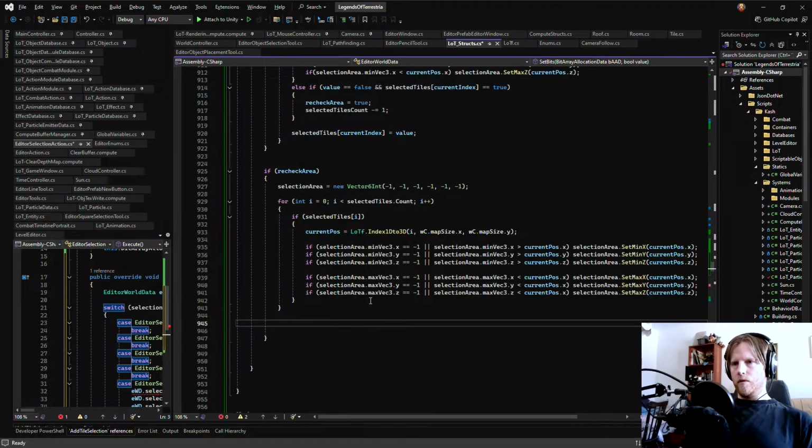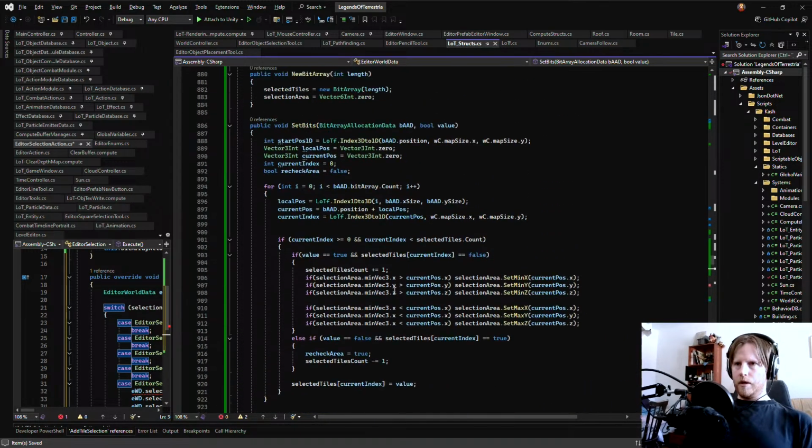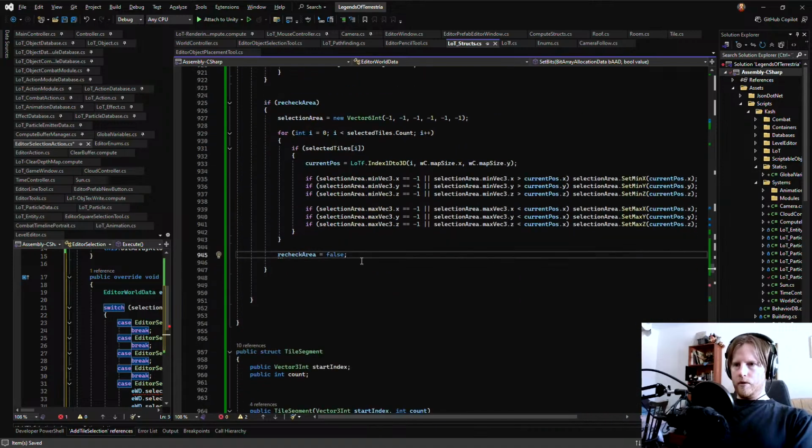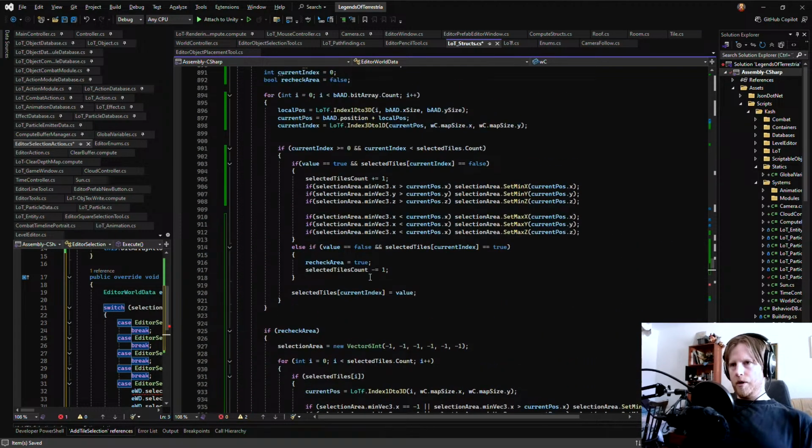And then once that's over, recheck area equals false. Though I don't think you need to set that. No, this is just set bits. I think that should be done.